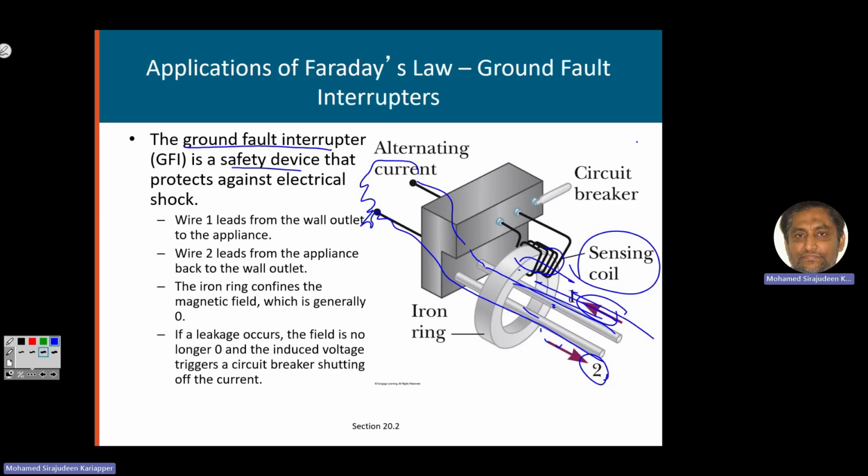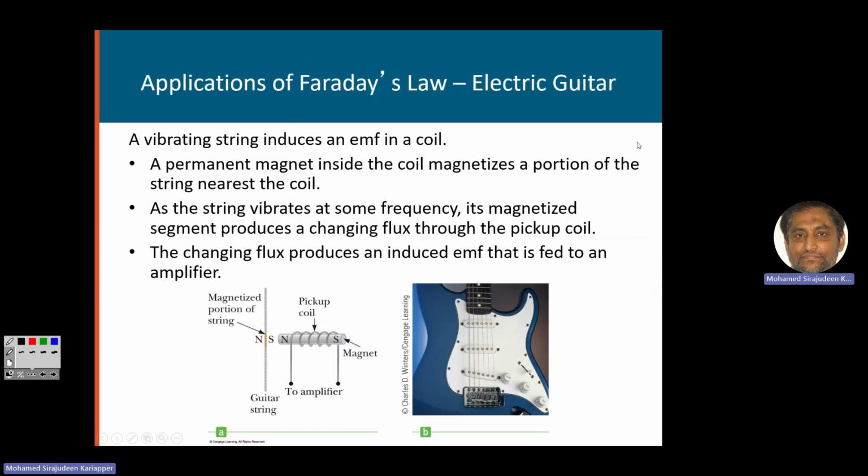What happened? Faraday's law jumps in. Whenever there's a change in the flux, there will be an induced current. That will be detected by the circuit and it will break the circuit. There will be a circuit breaker, so it's a safety mechanism. So you're saved, there will be no shock. Immediately the circuit breaker will trip. So this is called a GFI. Another application,